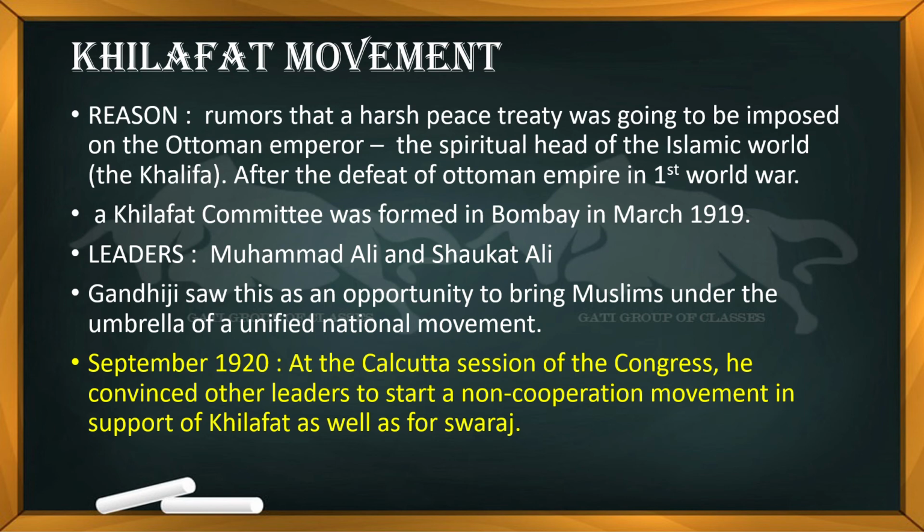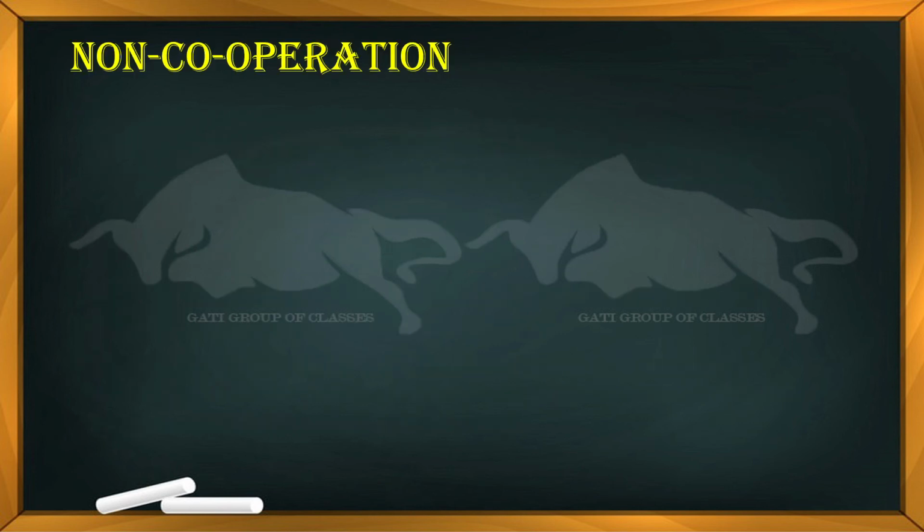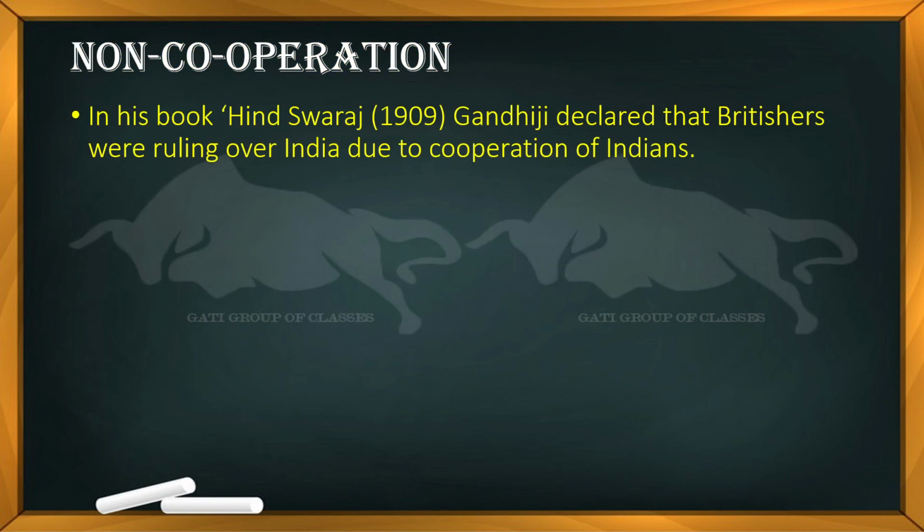Now, what is Swaraj? Swaraj means our own conditions. There should be our own administration. Clear? Now the time is for the non-cooperation. Now what is non-cooperation? Mahatma Gandhi in his book